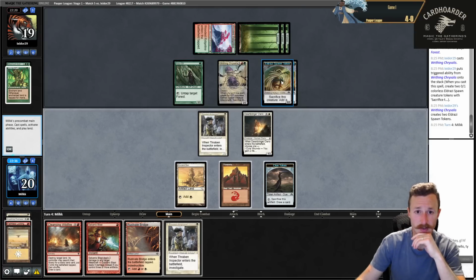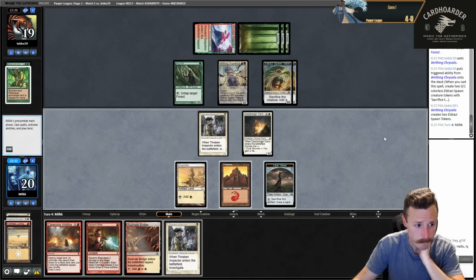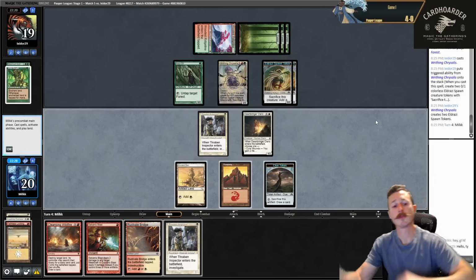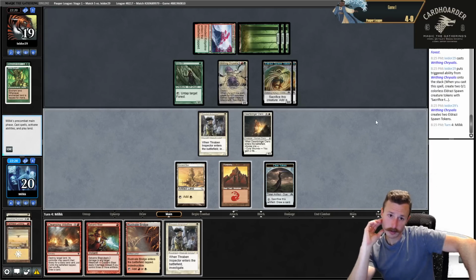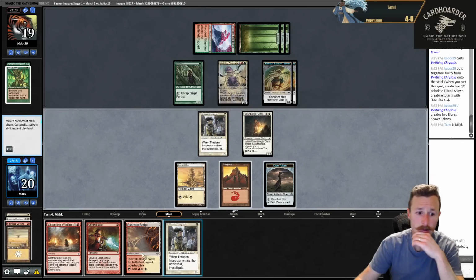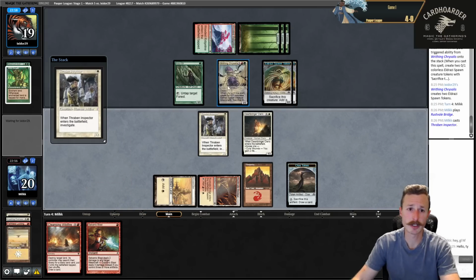Deal with the 4/5. Oh, they have the spawns. Yeah, this card is so good. Okay. So now I think I changed my mind. I think I do need to deal with the Chrysalis. So instead I go Bridge, Inspector, and then when they sack the first spawn,